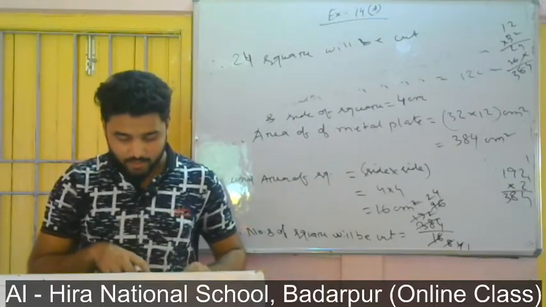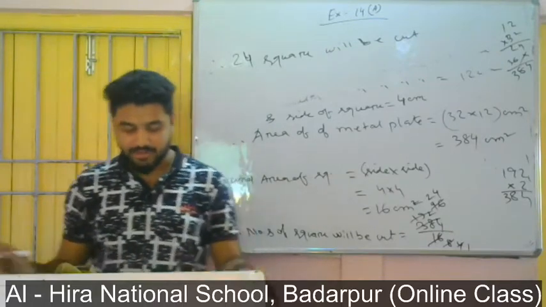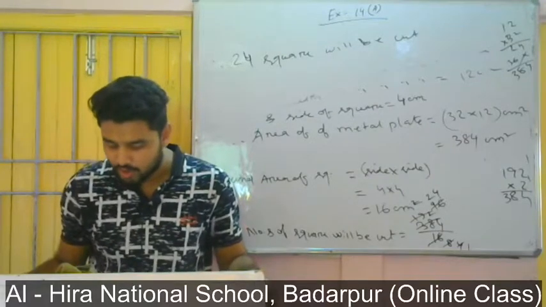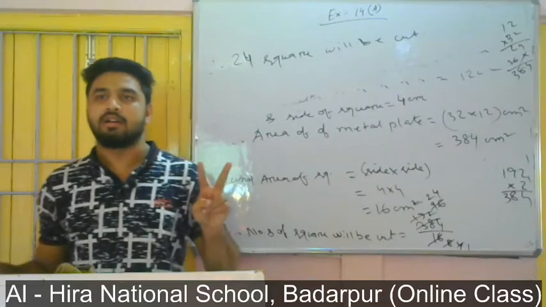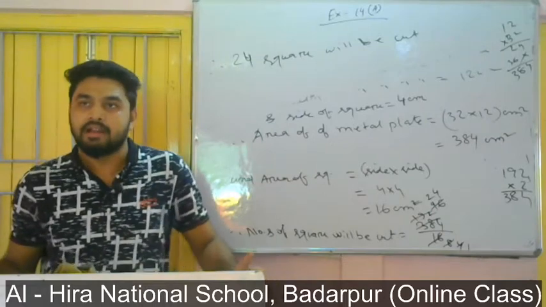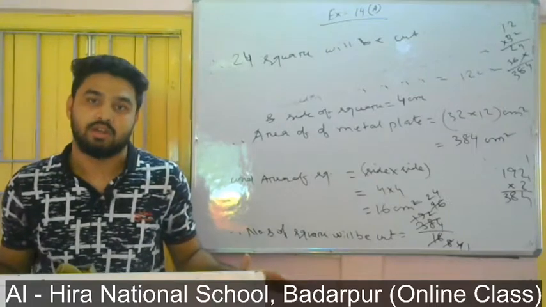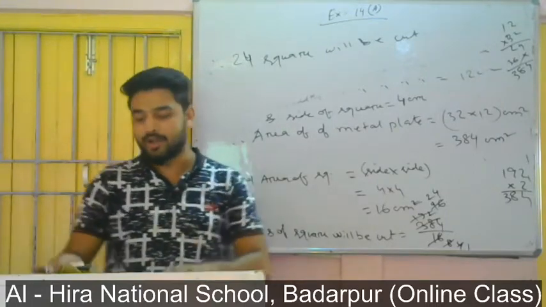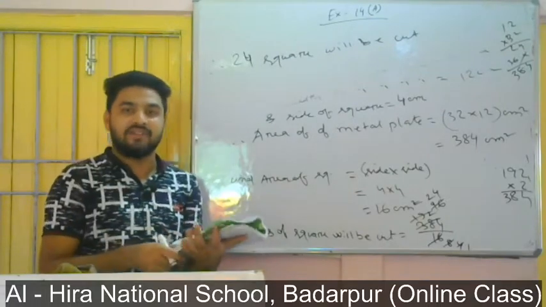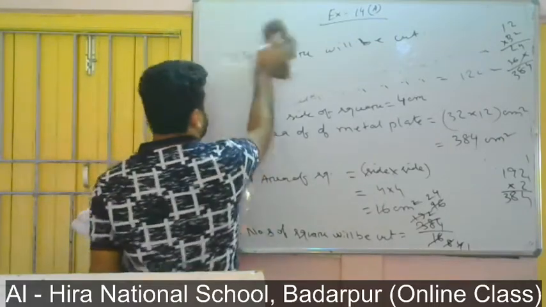Okay. Now come to question number 6. Which of the following has larger area and by how much? That means a rectangle of length 24 centimeter and breadth 17 centimeter, or a square of side 21 centimeter. Okay. A rectangle and a square given. The length and breadth of the rectangle are given and the side of the square is given. So from that we have to compare which shape has greater area and by how much. Okay. So first we will find the area of the rectangle, and after that we will find the area of the square. Then we will compare which one is greater. Okay.